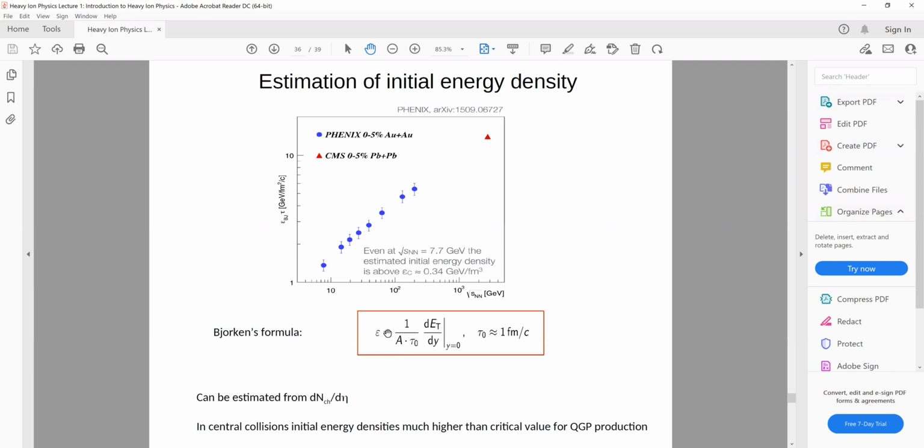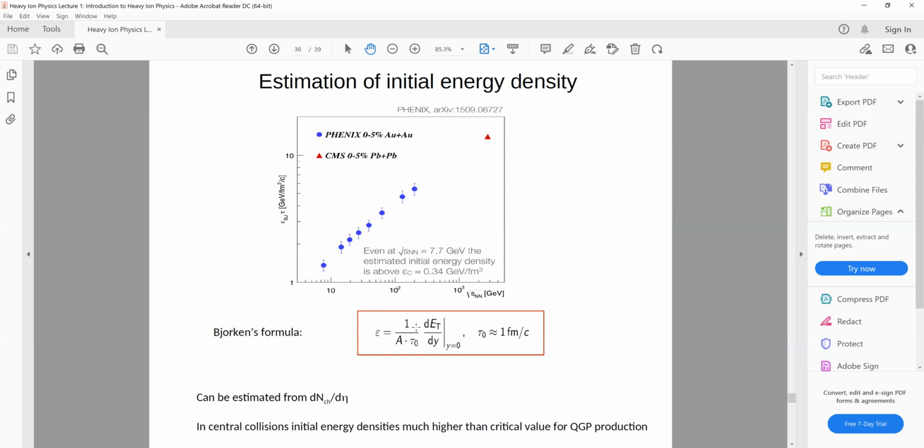Okay. We have just put the formula here, we will not derive it in the class, and it has been shown by Bjorken that to evaluate this initial energy density of the collision, what you need as the input is the final state multiplicity distribution. So why are these multiplicity distributions important? Because once you measure this dN/dη or dN/dy, that can be used as an input to this formula. What you measure in your detector, the final state multiplicity, can be used as an input to calculate the initial state energy density.